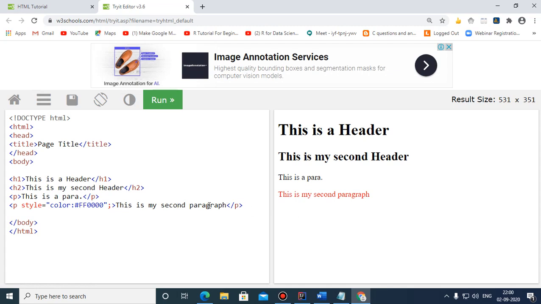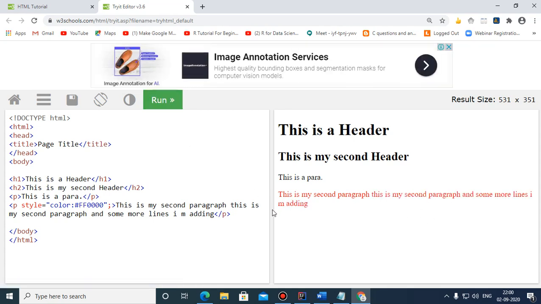So if I add one more line, suppose this is my second paragraph and some more lines I am adding. Now you see that here.